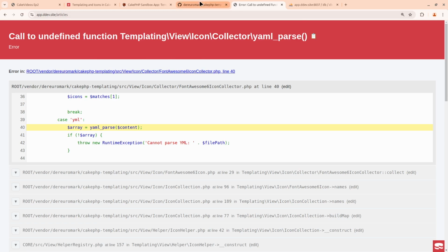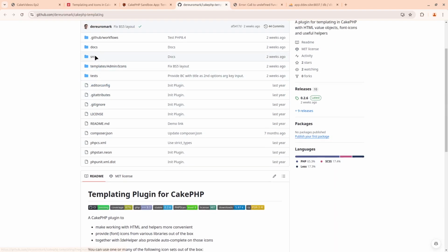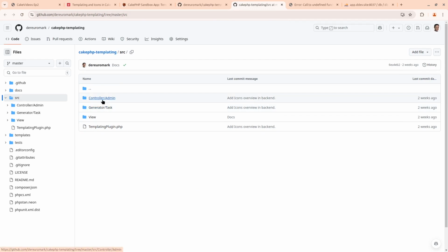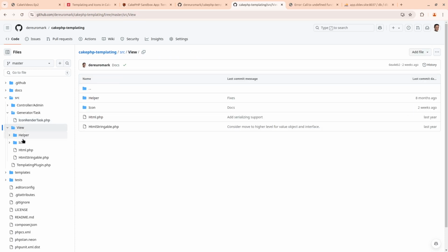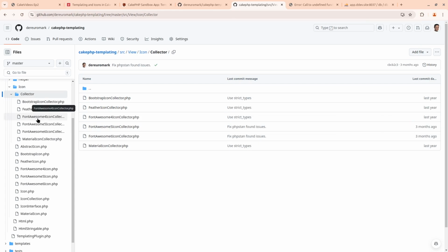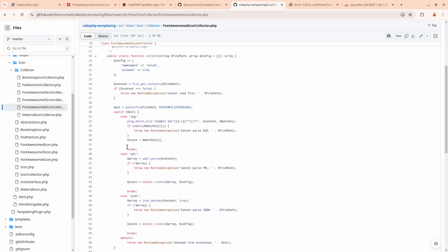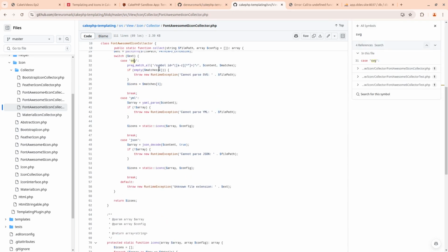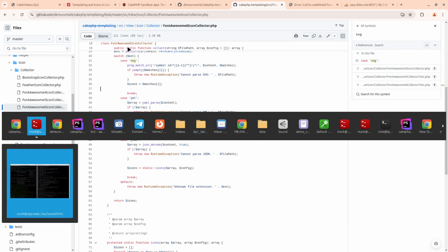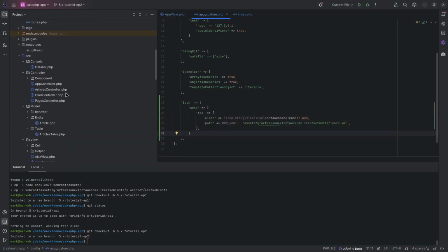Which one is it? Can we use any other collectors? Controller task, icon render task. Collector, Font Awesome 6 icon collector. So we can use SVG, YAML, or JSON if we find those meta files as well. So maybe, until we fix the YAML issue, maybe we can use